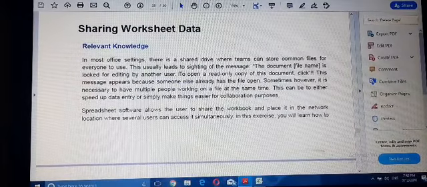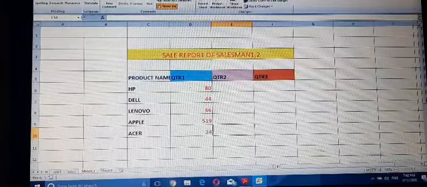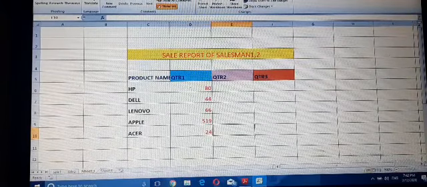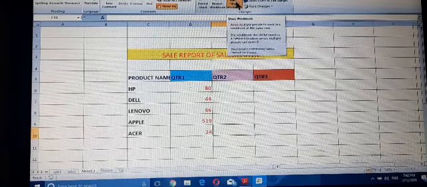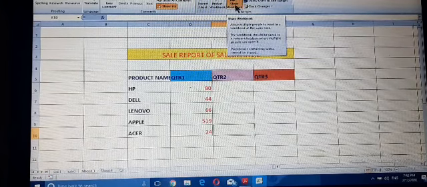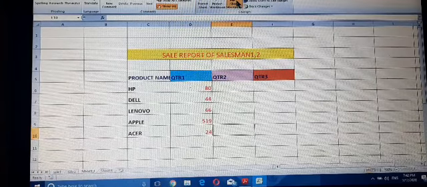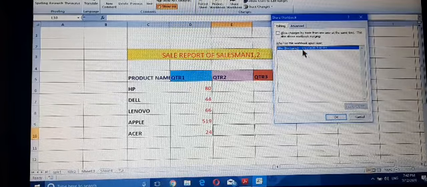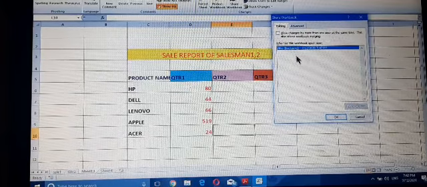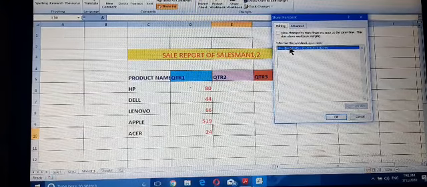Let's see how to share a workbook. Open the workbook, then go to the Review tab. Here is the option Share Workbook. In the Changes group, click on the Share button. Here all the users will be displayed in this dialog box.